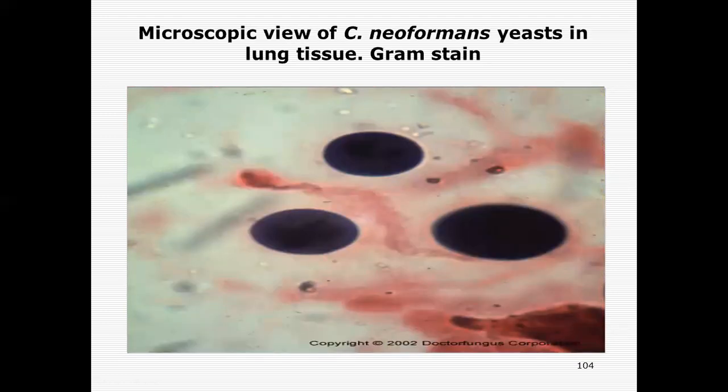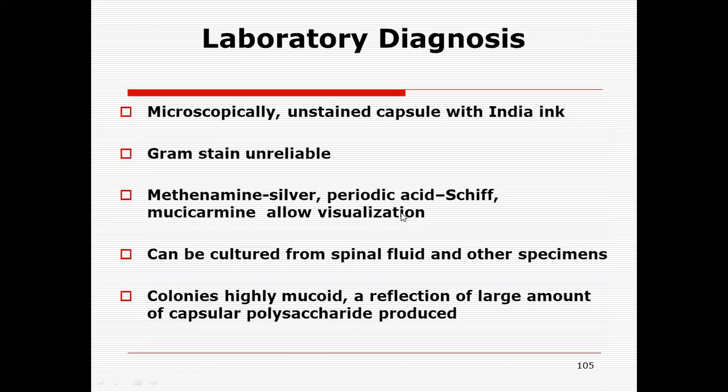Again, you see one other microscope view of the Cryptococcus neoformans yeast in the lung tissues. This is the Gram stain, and you can also see the very, very large capsule area. Now, the laboratory diagnosis of this disease,